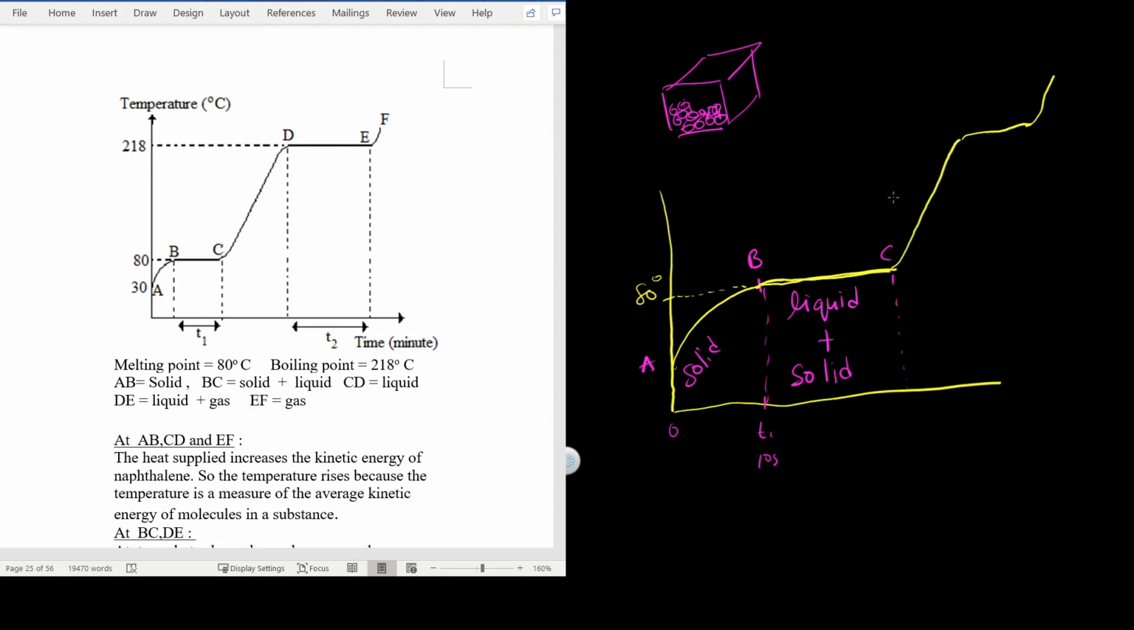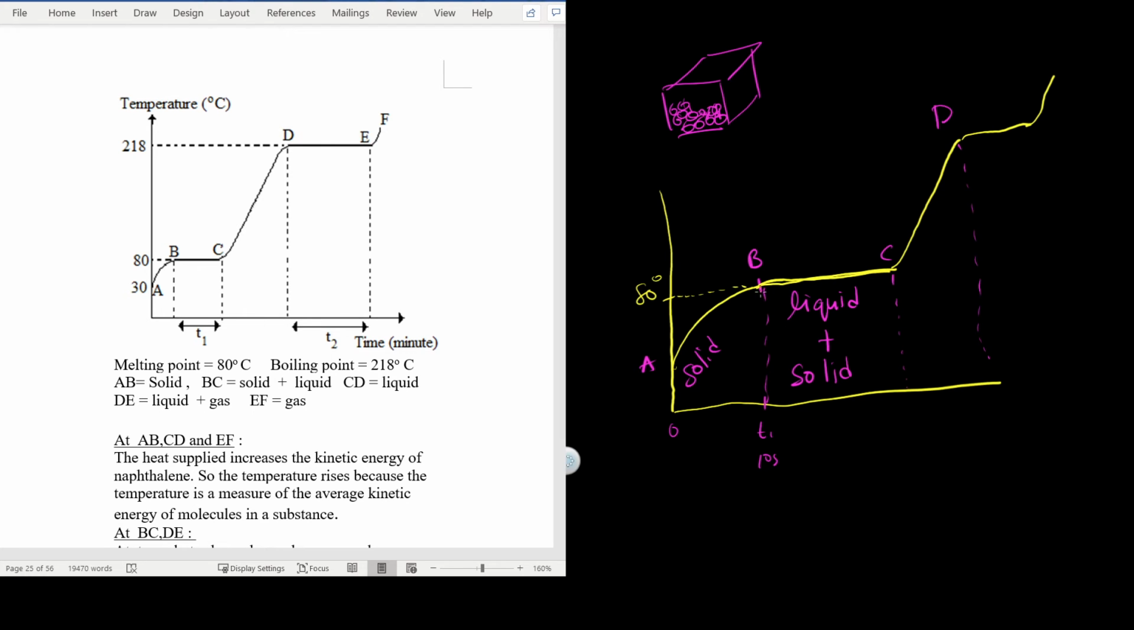And then from C to D, as you can see here, there is a rise in temperature. The temperature is increasing. So that means there is no latent heat being supplied here. There is no latent heat involved in this process. How can you see that? Because there is a change in temperature. So C to D, what we have here,